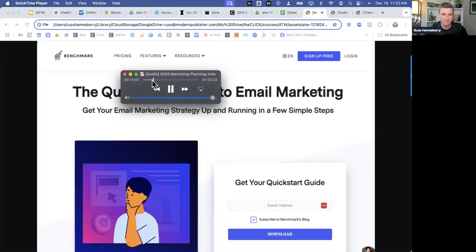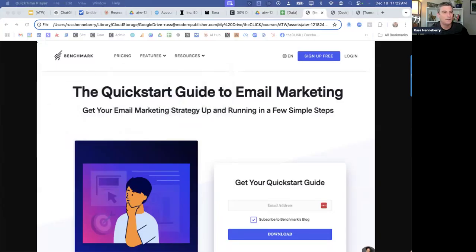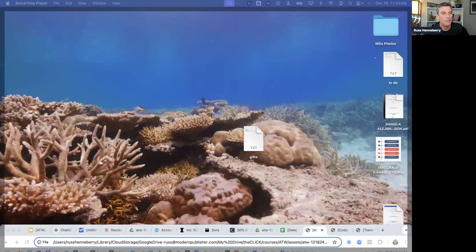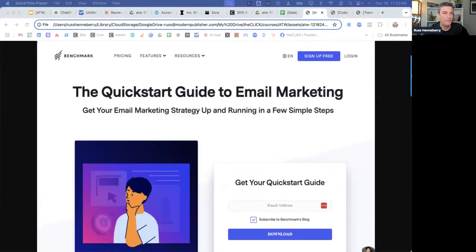Big training right here to understand this concept. You're going to see me leverage it today. So this is just an audio file, an M4A file, and that's in your folder as well. Then we have a video file. So let's look real quickly at the video file we're going to play with.